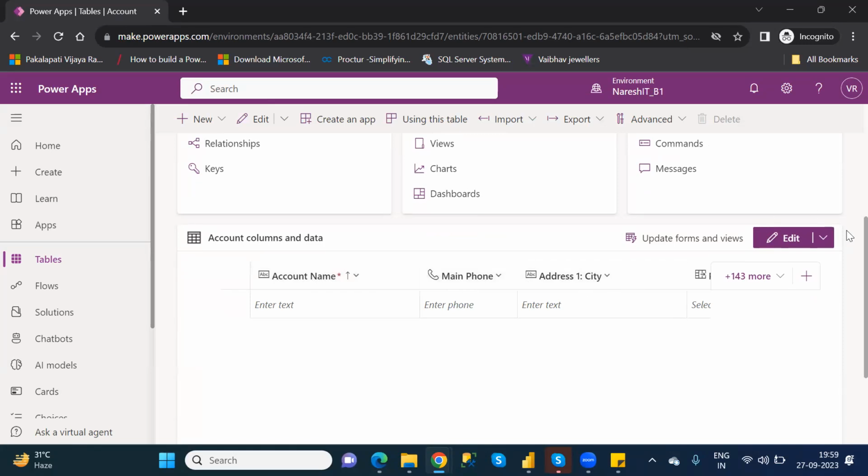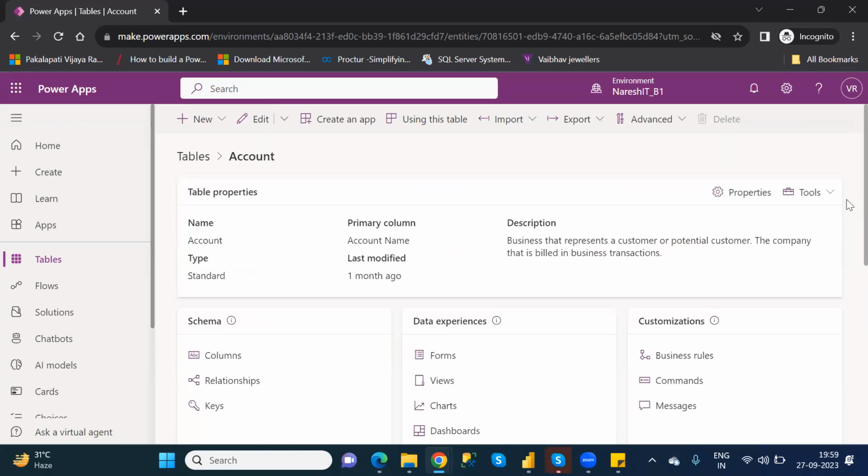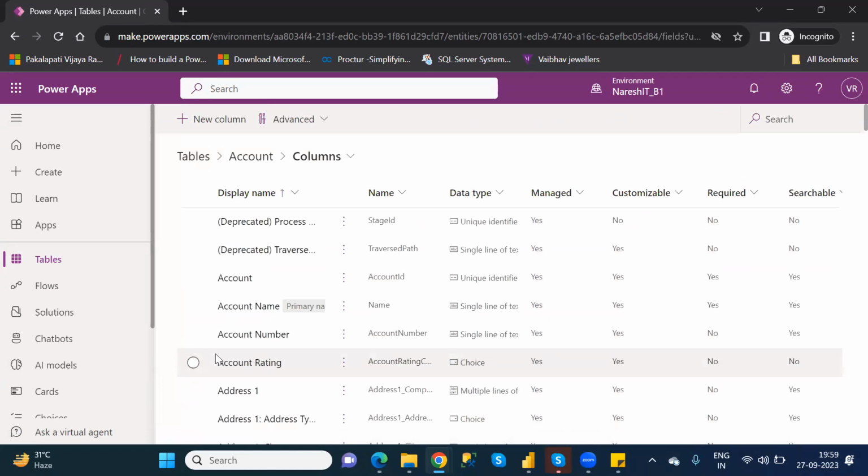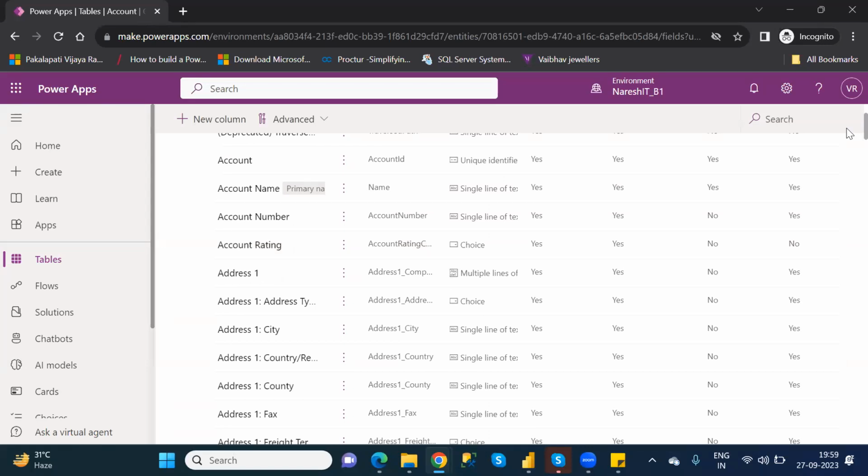Or if you want to see them in a vertical manner, there is a columns option in schema. Click on this one. When you click, see, there are a number of columns available in that particular table. Whichever is required, only those you can use. The remaining things you can delete.